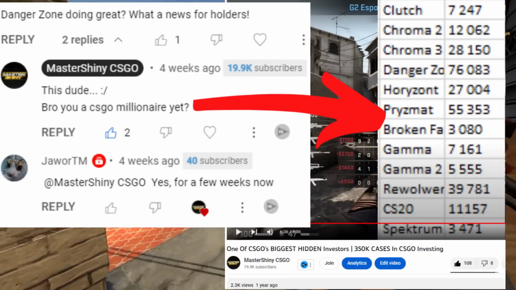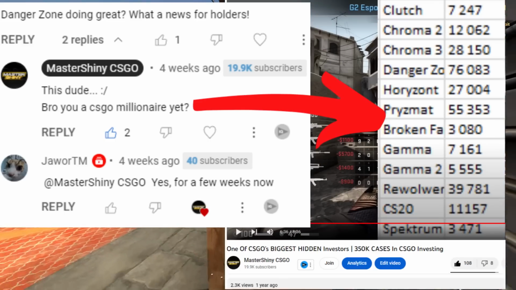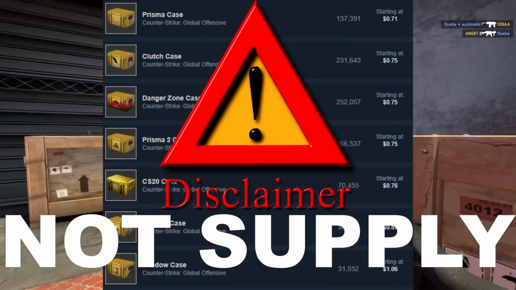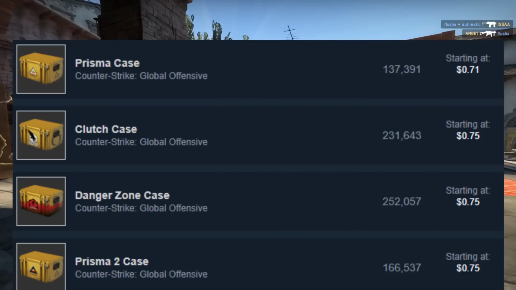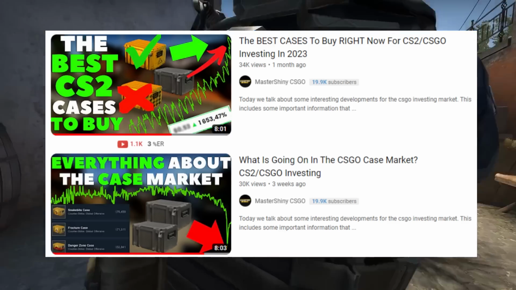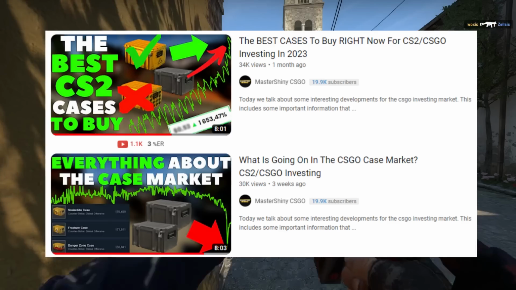Now obviously all of these cases that are in the rare pool that are cheap have a ton of supply, and I want to make that very clear. If you want to just look at the amount listed on the market, which is not a great representation of supply, you can see these ones obviously have a lot of people looking to sell, and that's because there's obviously a lot of people with these cases. If you're looking for a little bit more information, I got a full video breaking that down